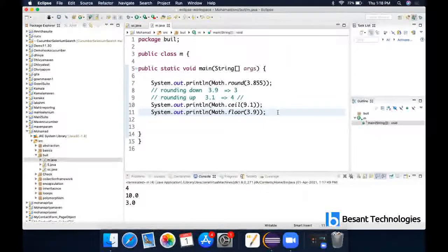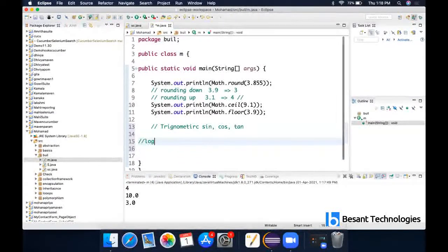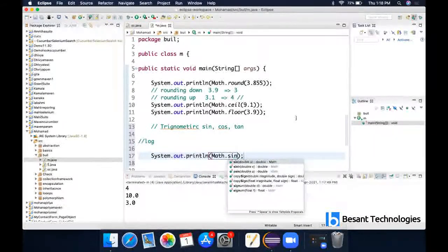Next, you can even use trigonometric functions here, like sin, cos, tan, all these things are possible. Even log functions. Will we use them in Selenium? No, we won't be using them. But in interviews, if they ask you to find the sine of a value, you need not go through a large amount of code. In a single line, you can find this. So it is Math.sin of